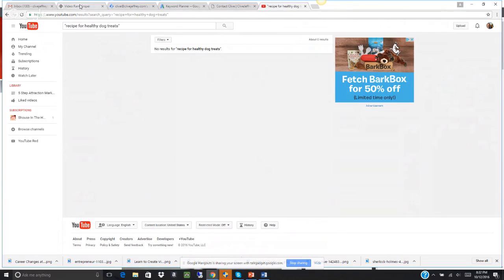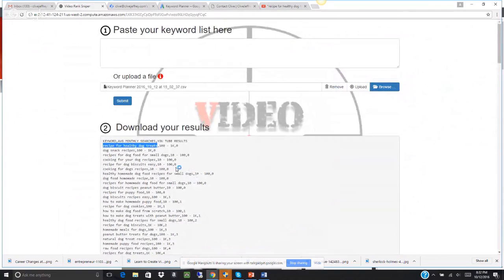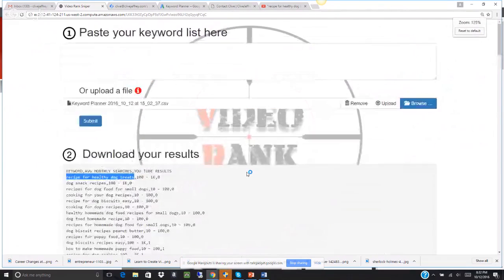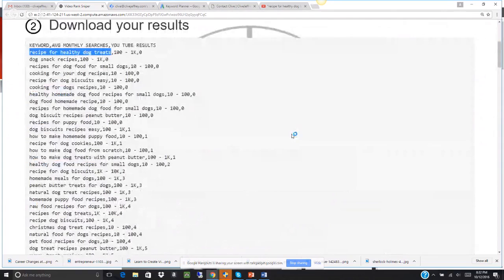So just going back to the planner, you can see we've got all these different keywords here, and I'm hoping that you can, let's see if I can blow this up a bit. Oh, here we go. So you can see that it's giving us a range of 100 to 1,000 searches, and the 0 on the other side means that there's no videos that have that keyword in it. So as I say, we could go through and manually do all these 700 keywords to find it, like I was showing you, or we can spend $47 and do this instantly and just have the tool do the work for you.